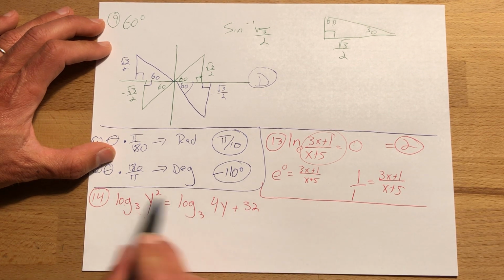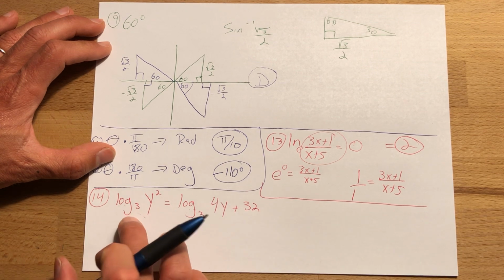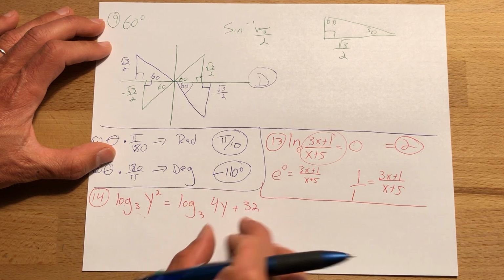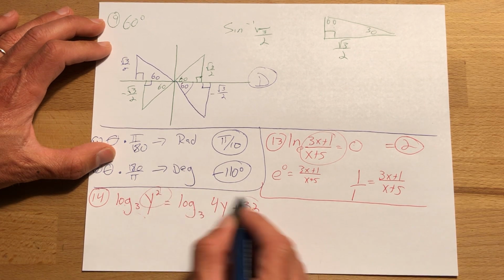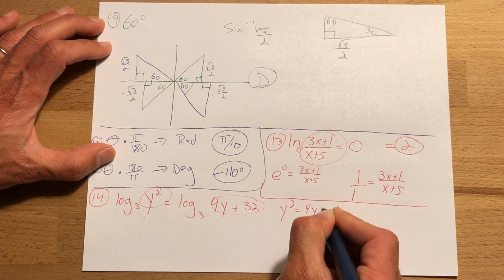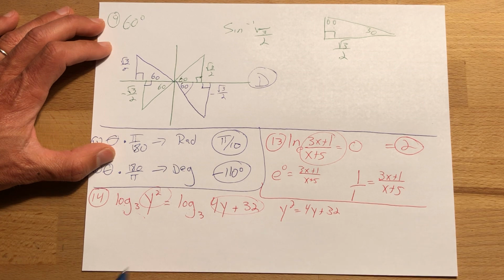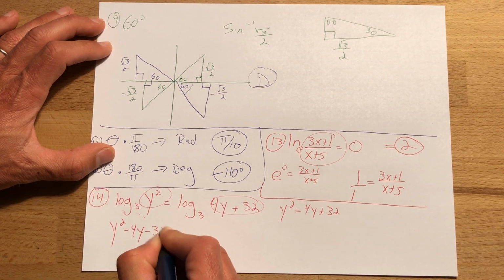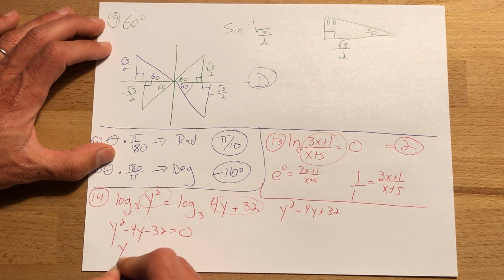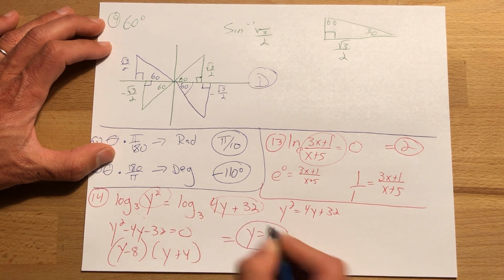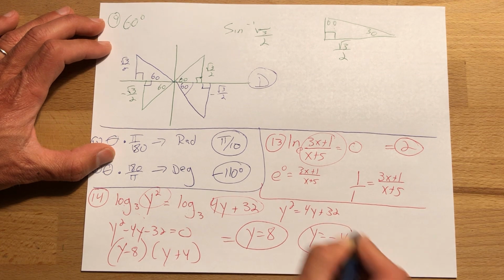Now, these two are the same bases, so it's telling you log base 3 of y squared is the same value as this. So technically, these have to be the same value. y squared has to equal 4y plus 32, and here's your equation. Move these over, y squared minus 4y minus 32 equals 0, and you get y minus 8 times y plus 4. When you solve this, you get y equals positive 8 and y equals negative 4, but one of these